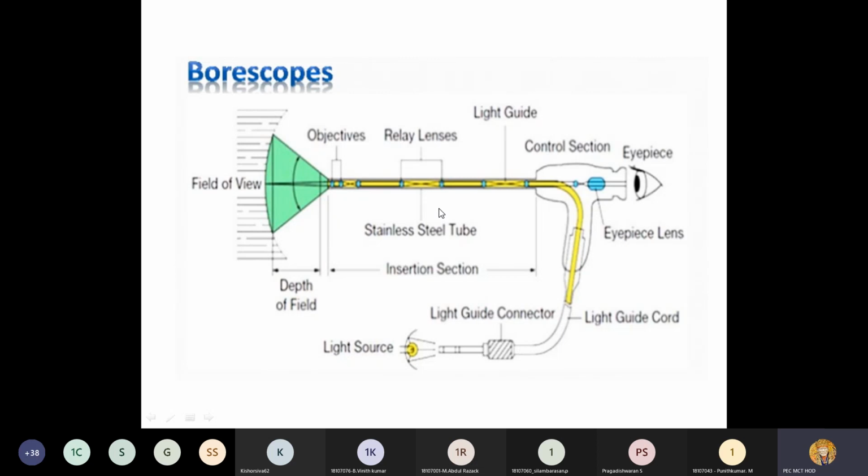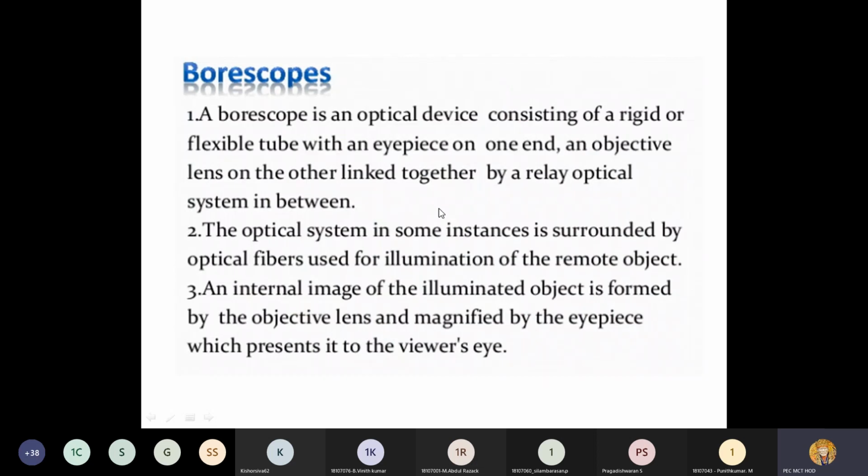So the borescope is an optical device consisting of a rigid or flexible tube with an eyepiece on one end and objective lens on the other end. So all these objective lens and